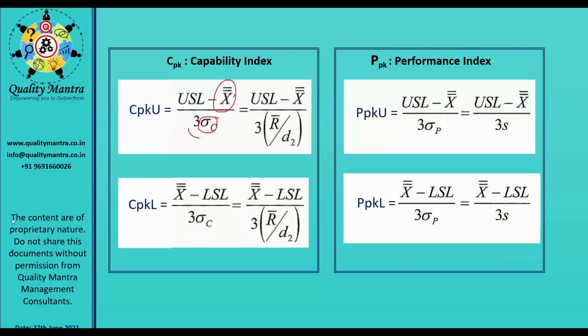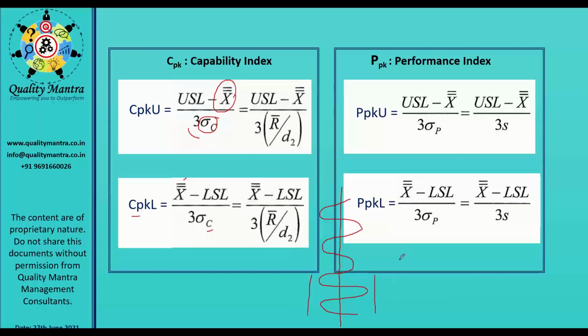Mohit, please mute yourself, somebody is unmuted and it is creating noise. So your process will be capable only if you have lower variation and run at the center. You can have a process with the average at the center, but that doesn't mean it is capable. Your capability will be low because of the higher standard deviation. It is in the denominator, so the higher it is, the lower your output will be. And the process should be at the center of the USL and LSL.